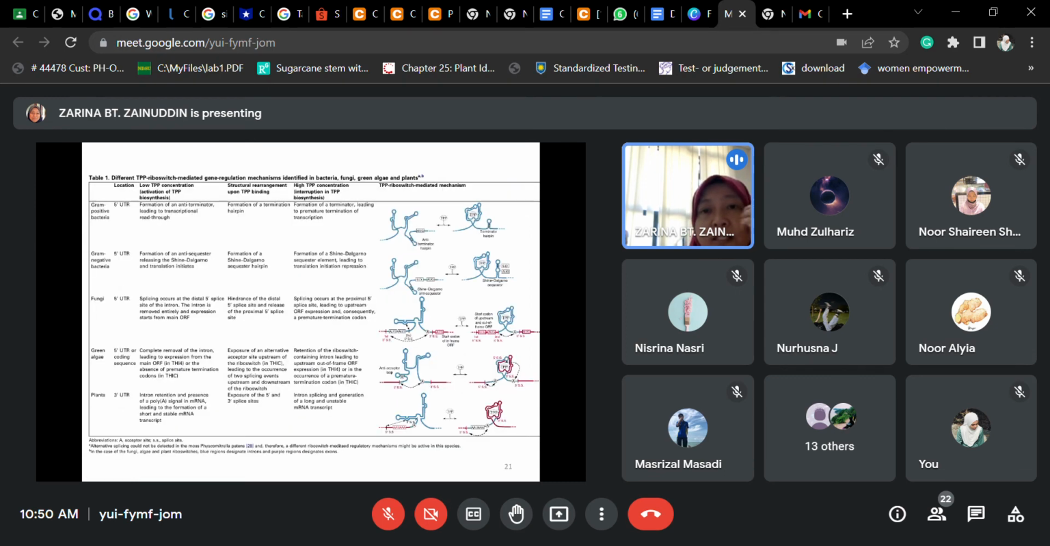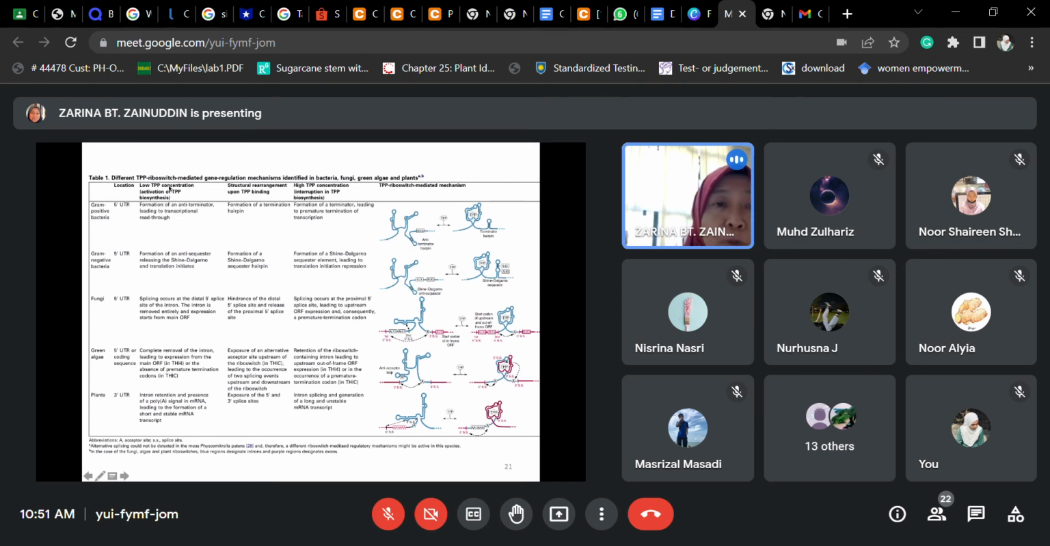But the mechanism is totally different. Okay, so let's look at an example. Between bacteria there is also a difference. For example, the location of the riboswitch is at the 5' UTR, in both gram-positive bacteria and gram-negative bacteria. Okay, so the mechanism of how it regulates the expression is, for example, in the condition